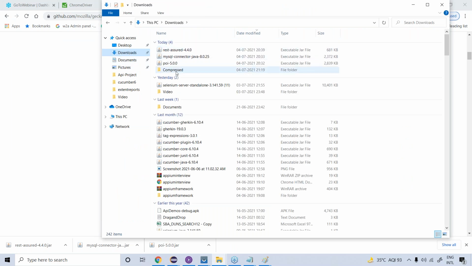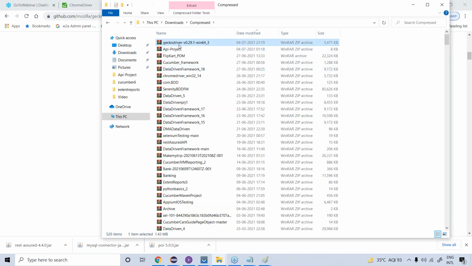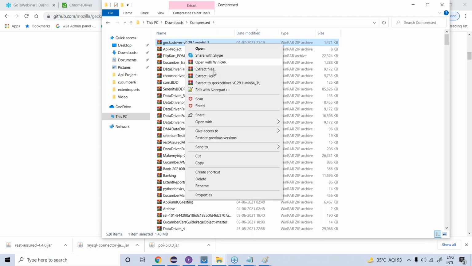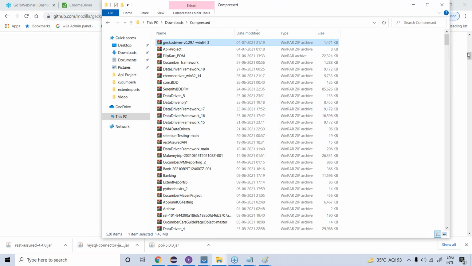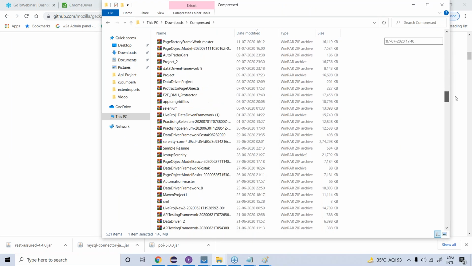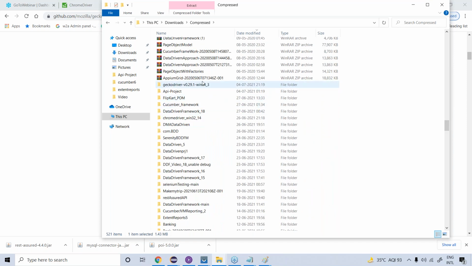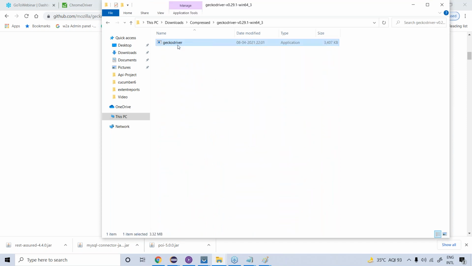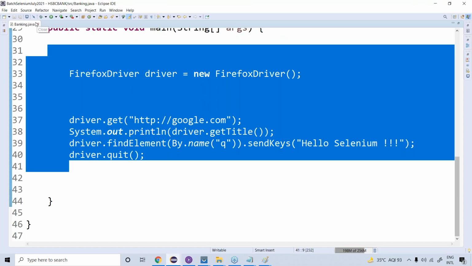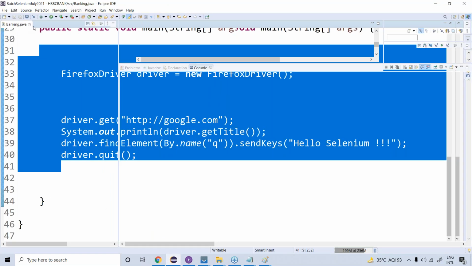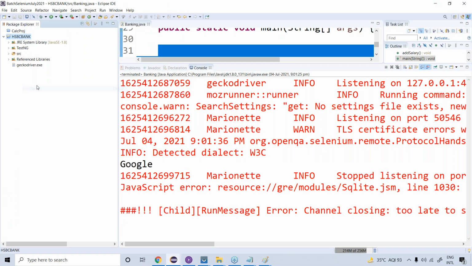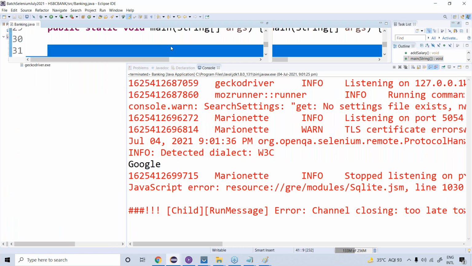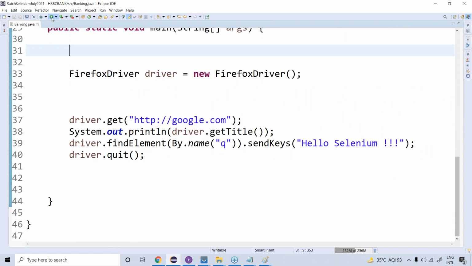And once it gets downloaded, I'll go over here. See, this is Gecko driver. If I extract it, I'm going to get Gecko driver over here. This is Gecko driver. I'll just copy this and paste it to the root of my project. And then I'll